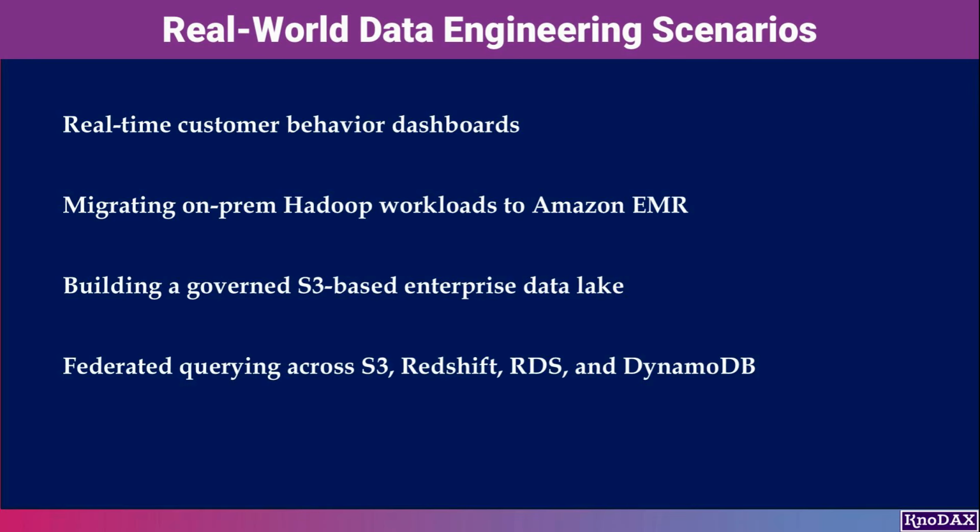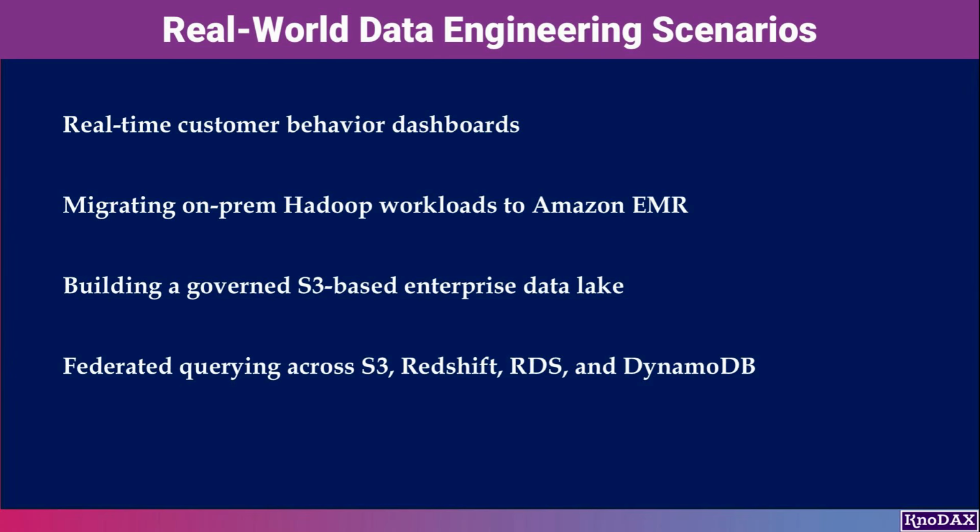We also see federated querying across S3, Redshift, RDS, and DynamoDB becoming increasingly popular. Services like Redshift Spectrum and Athena make it possible to query multiple storage systems without moving the data, enabling unified